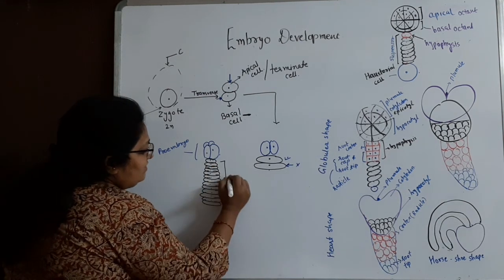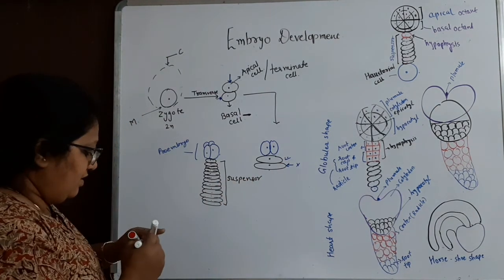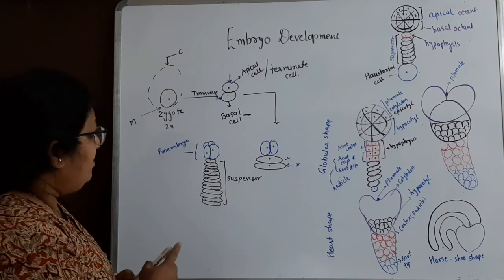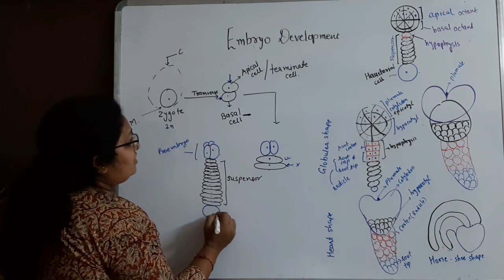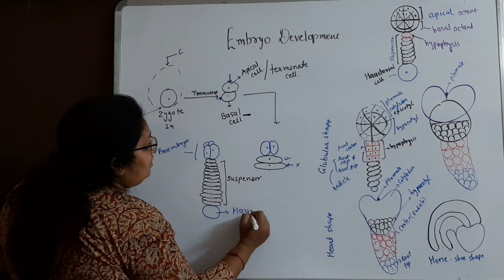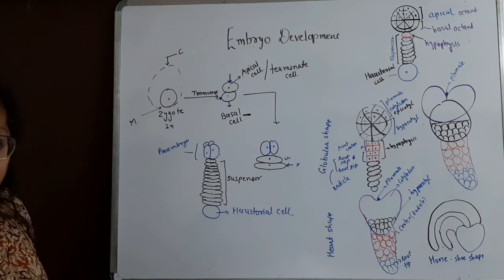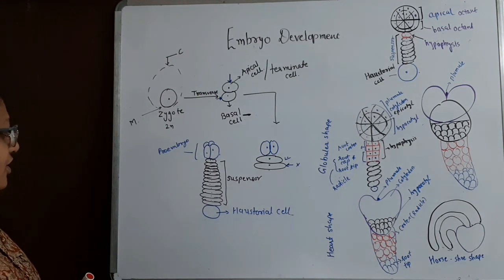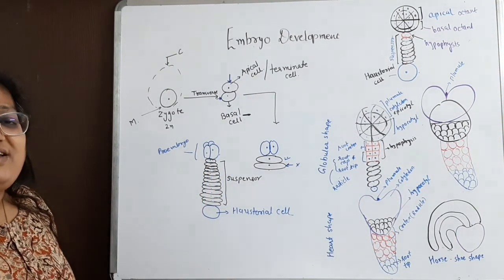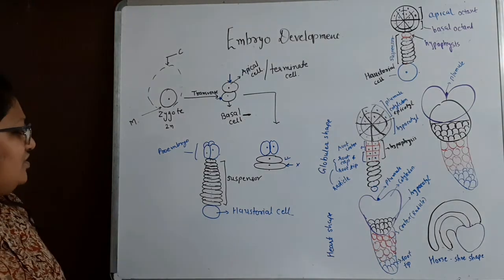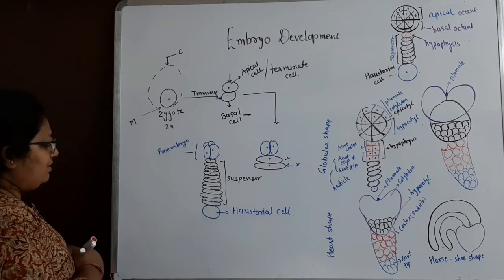This is known as a suspensor. And the basal cell, which is not divided, becomes a little bit larger and is known as a haustorial cell. Most important, the suspensor is a chain of 20 to 25 cells. So the first question arises: what is the importance of the suspensor? To remember